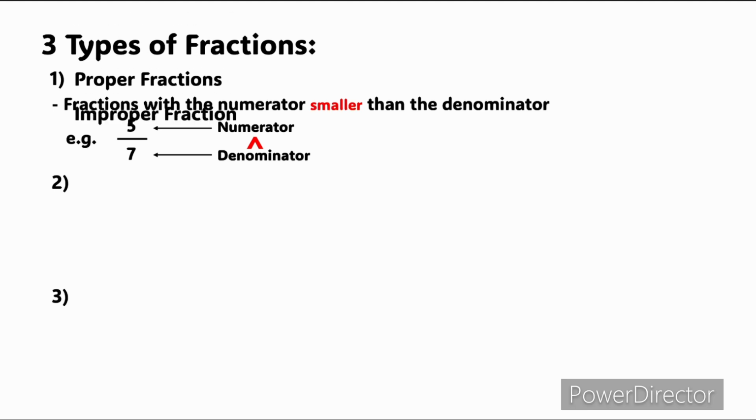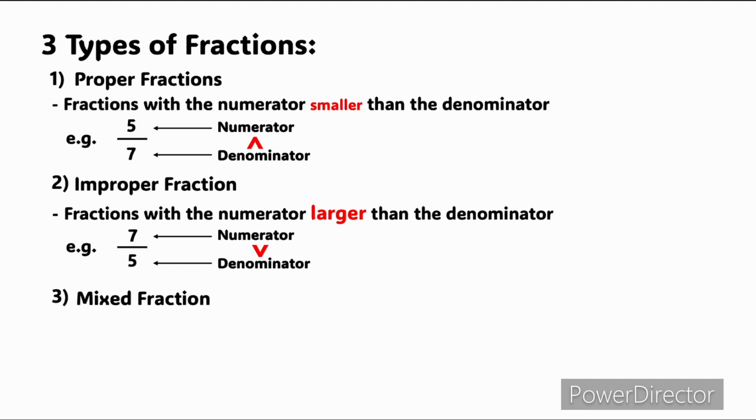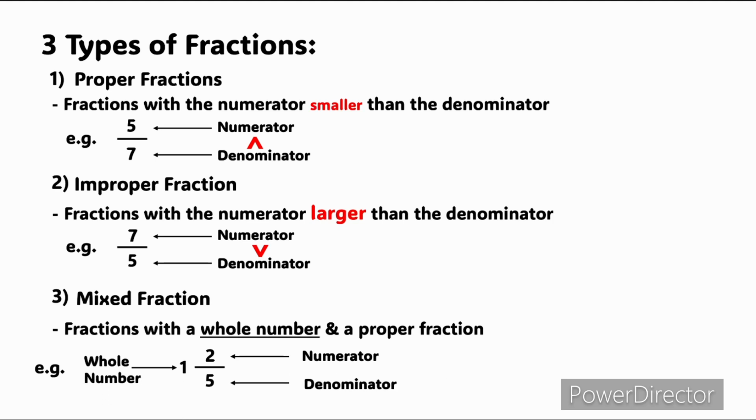The second one, improper fractions, means that the numerator is larger than the denominator. Just take the same example, 7 as the numerator and 5 as the denominator. As 7 is larger than 5, 7 over 5 is an improper fraction. The third one, mixed fraction, is a fraction with a whole number and a proper fraction. For example, instead of only having 2 as a numerator and 5 as a denominator, we also have 1 standing next to it. This means that the value of this is 1 plus 2 over 5, not multiply and not